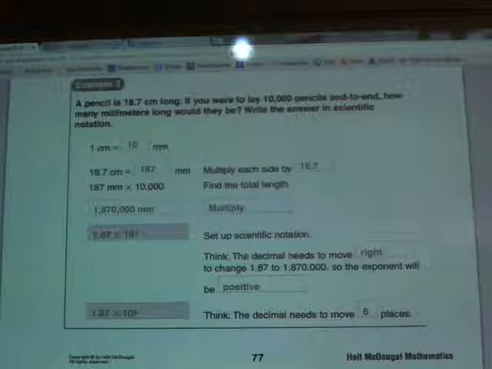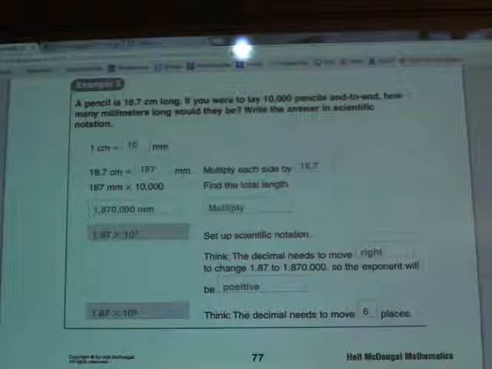So there's a couple things going on in this particular question. You've got a pencil measured in centimeters, but then they want to know how many millimeters long it would be, is what they're talking about at the beginning of the second line of text. So we've got that conversion happening there, but we can do that. And then they're also talking about not just one of those pencils, but 10,000 pencils. So we're multiplying this by 10,000, and then we're expected to somehow convert that giant number into a scientific notation